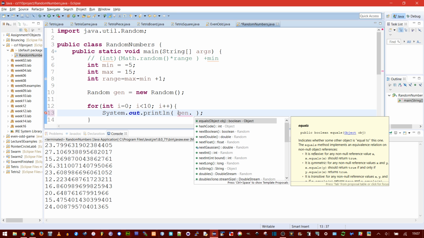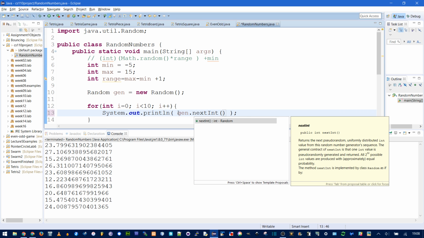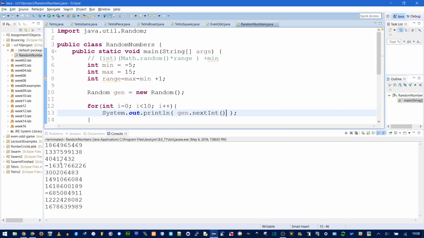But Random also has this method called nextInt, which when you run it, may seem strange at first, because these are huge numbers and they're all over the place. Well, Java's ints are 2 to the 32, which gives you approximately 2 billion negative numbers and 2 billion positive numbers. Most of the time you don't need that giant of a range, so you can also pass in a parameter,